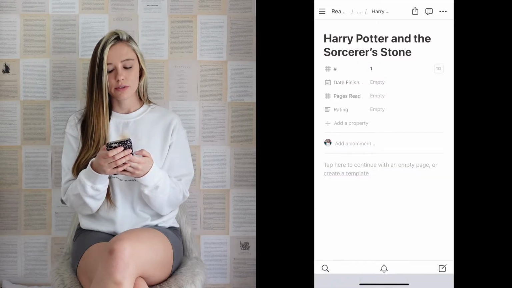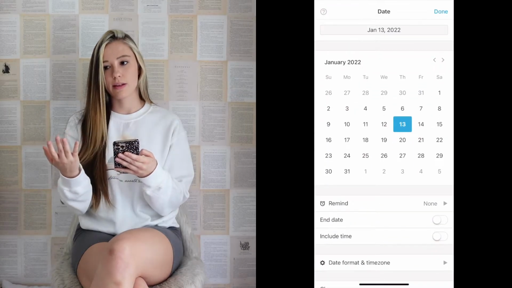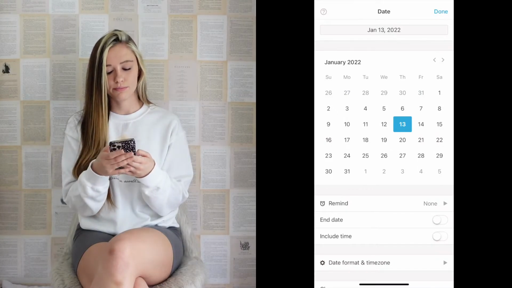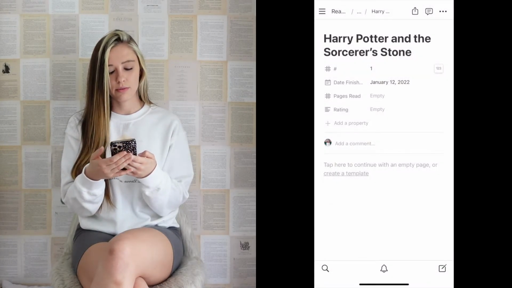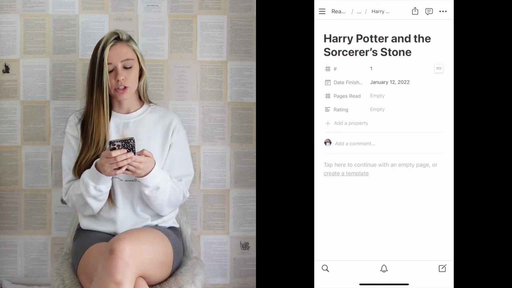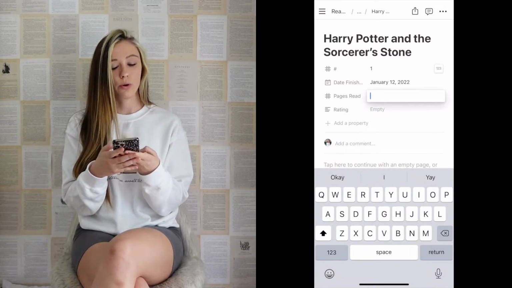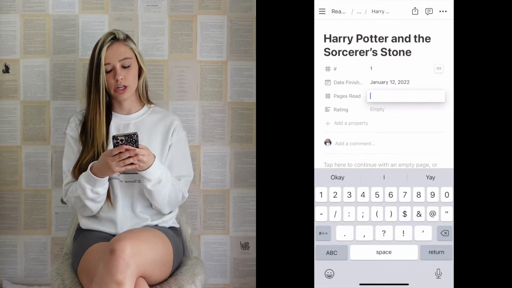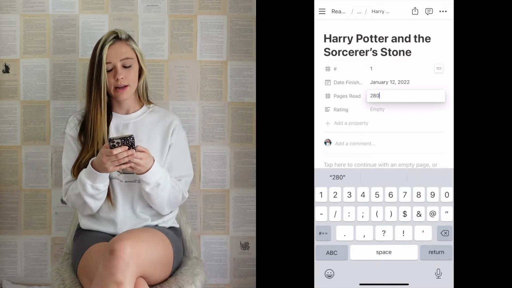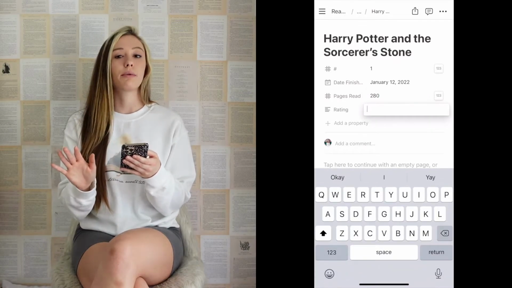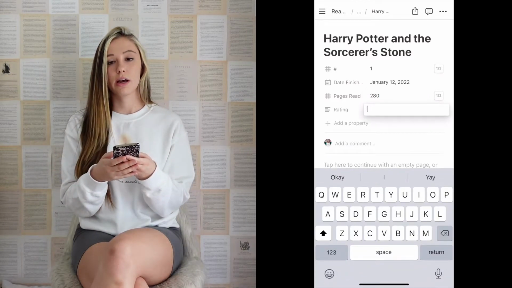Date finished is the next one. Let's just say that it was finished on the 12th. So you'll put the 12th, press done. Pages read. I have no idea how many pages Sorcerer's Stone is. Let's just say it's 280. You'll put 280. And then for rating, I do not rate Harry Potter books just because I read them so